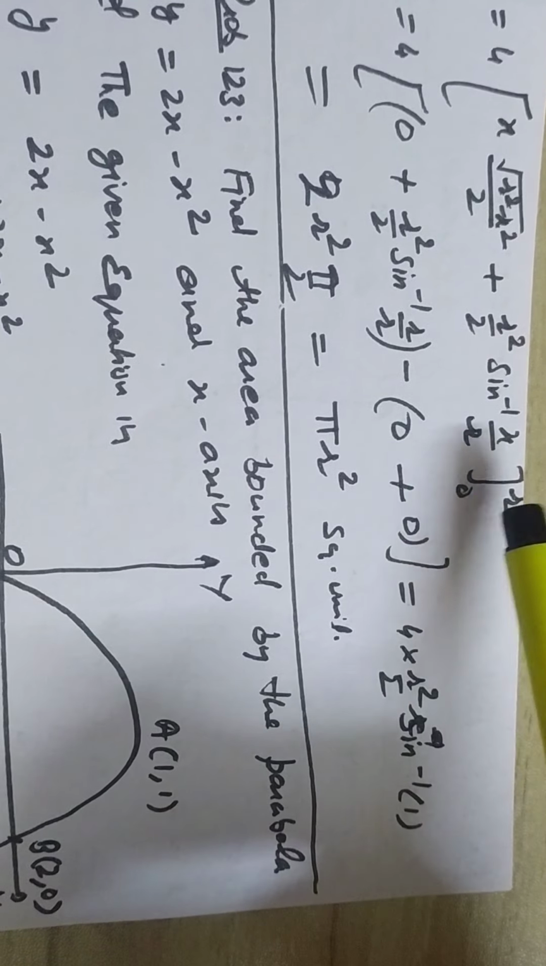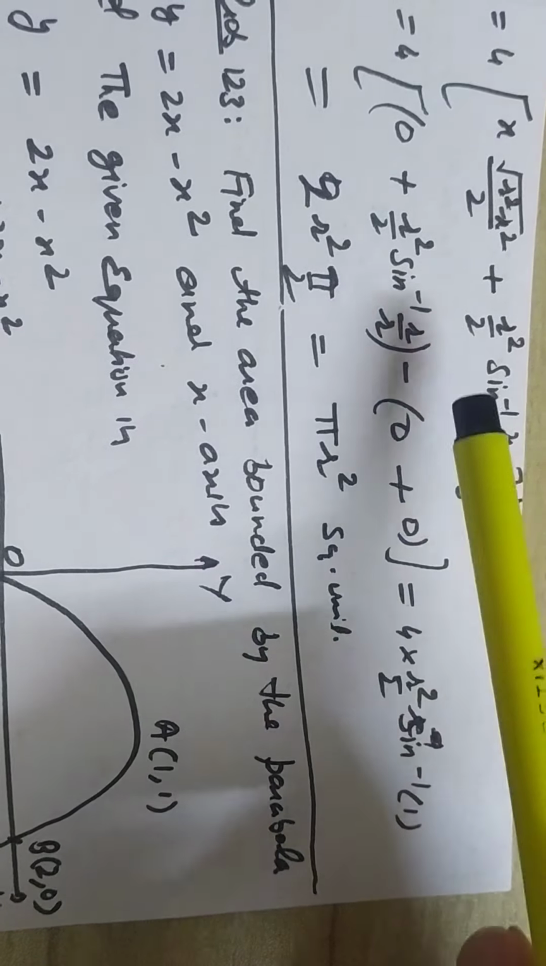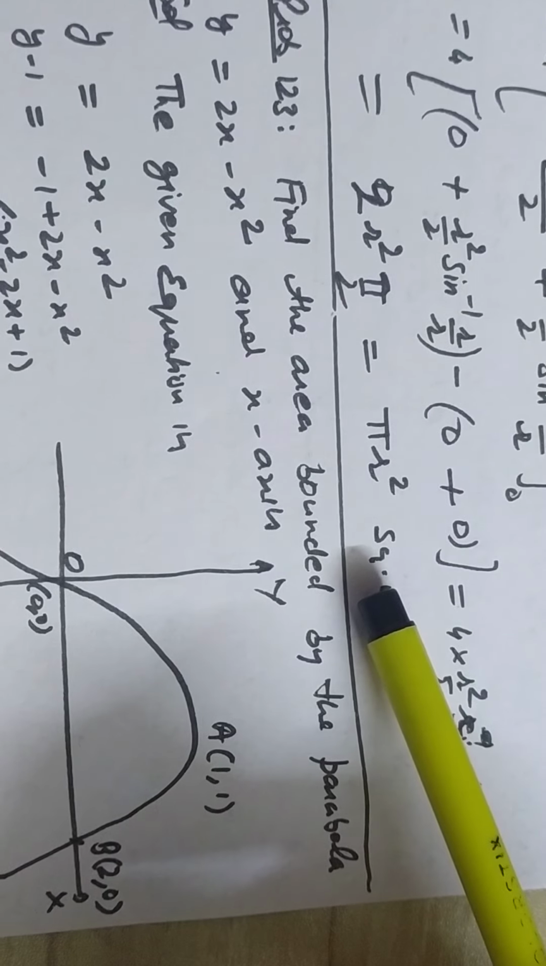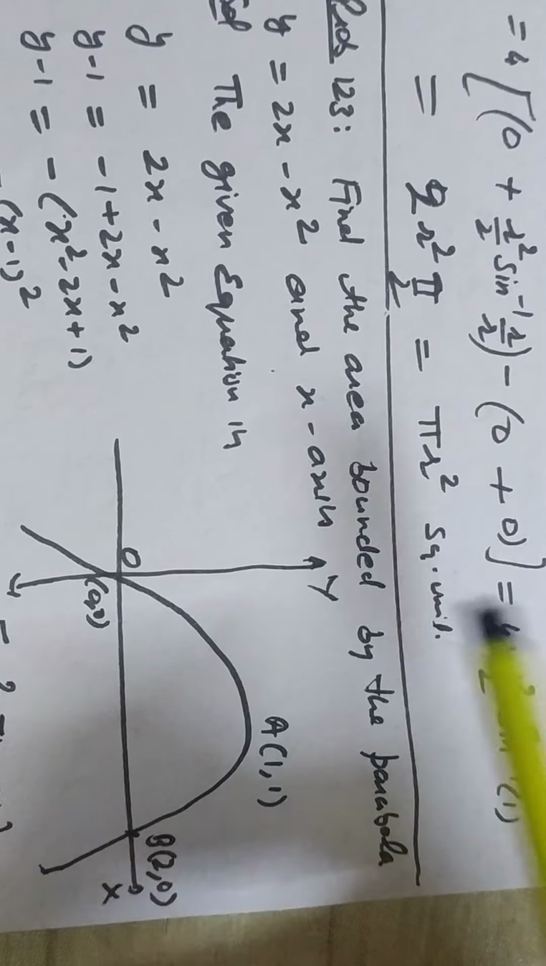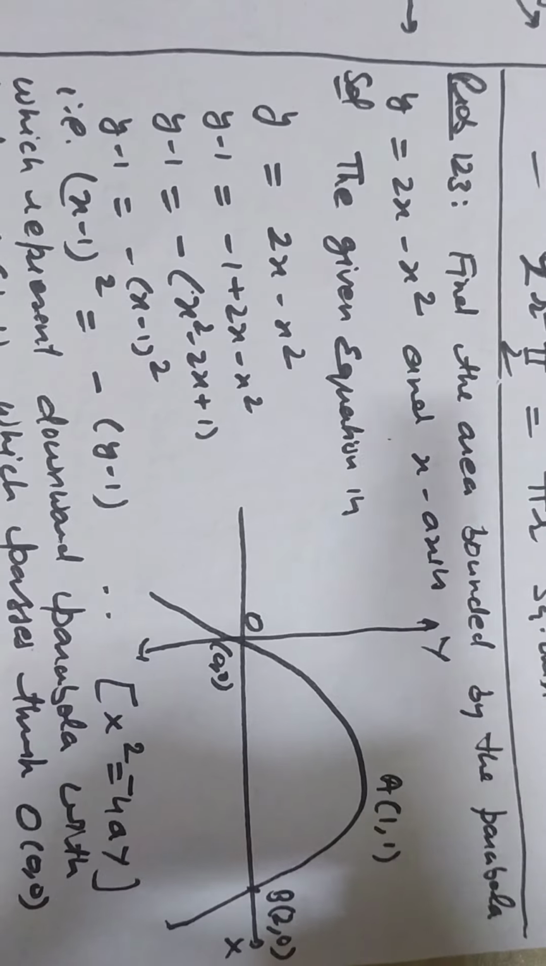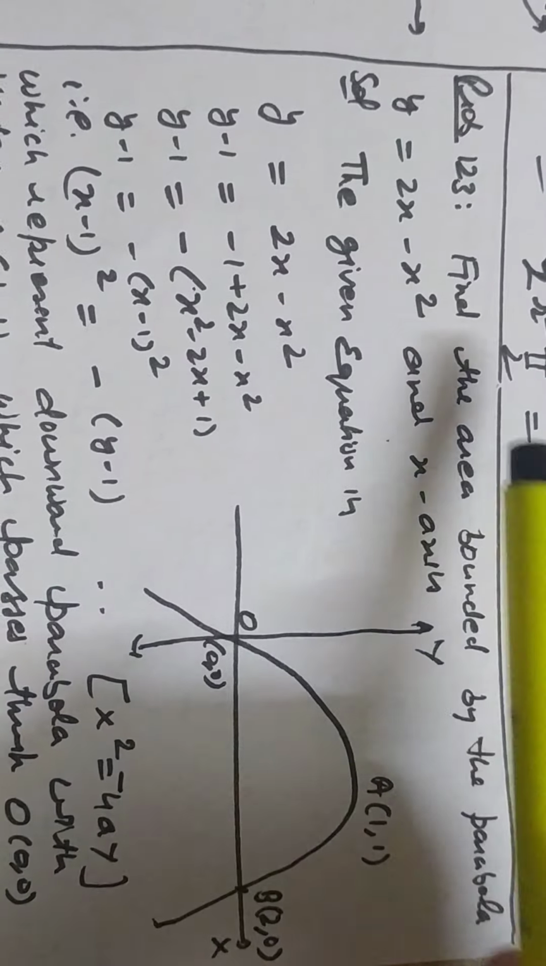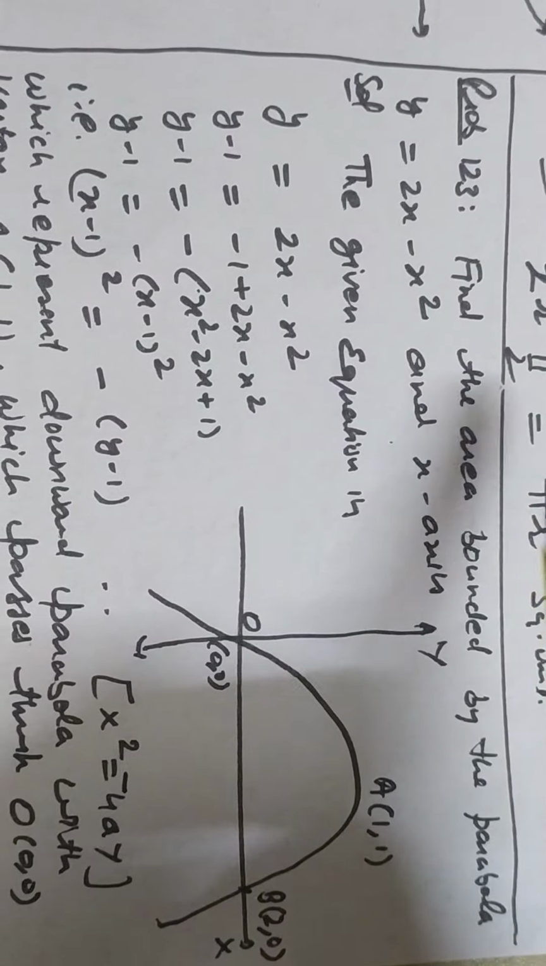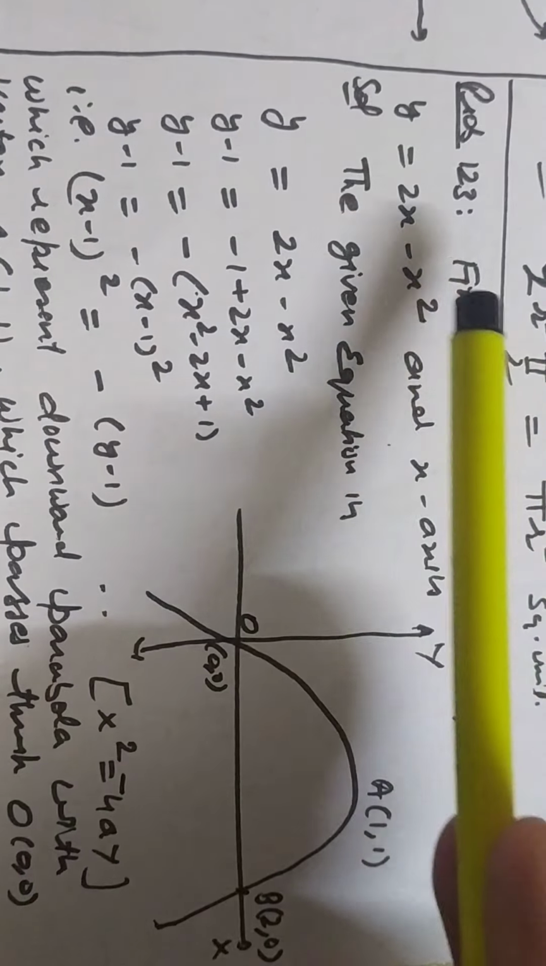When you plug in the value of lower and upper limit and subtract, you will get pi r square. This is the formula for area of circle. Now in this question,